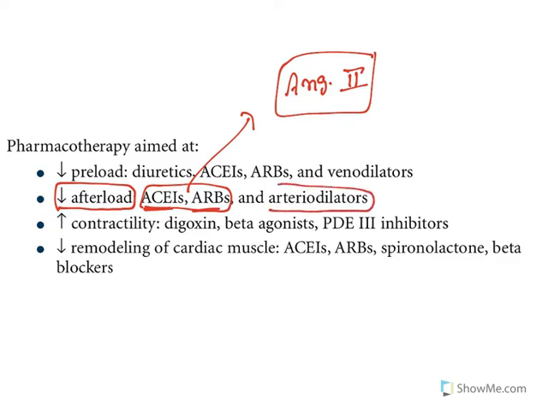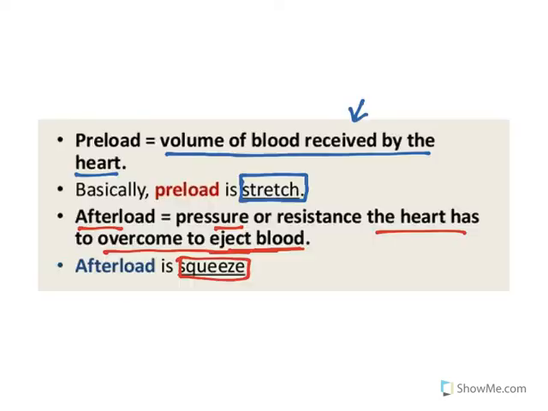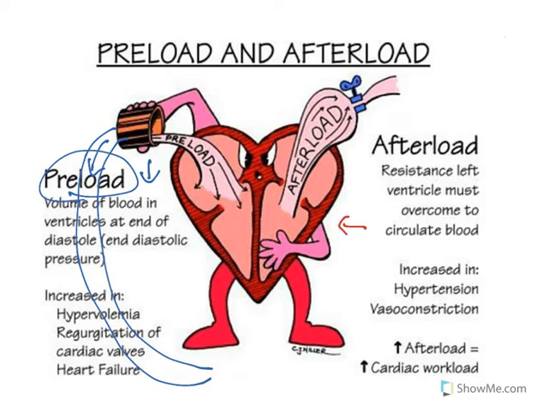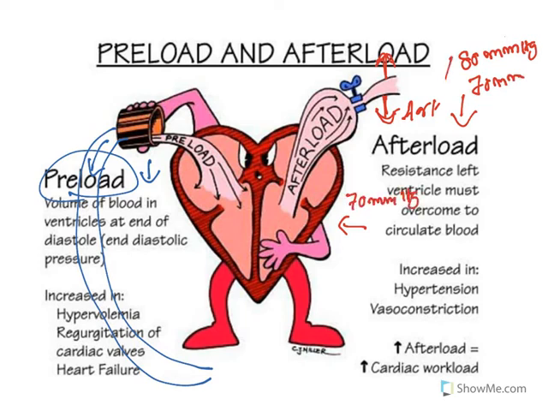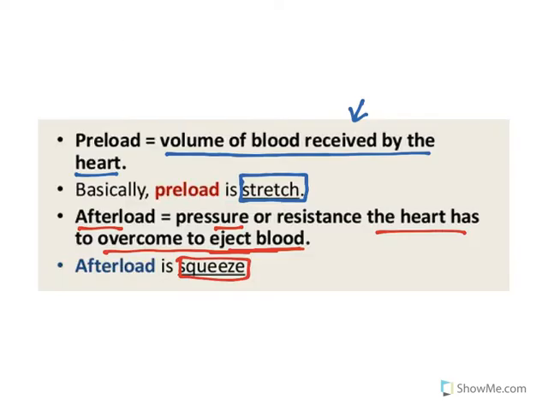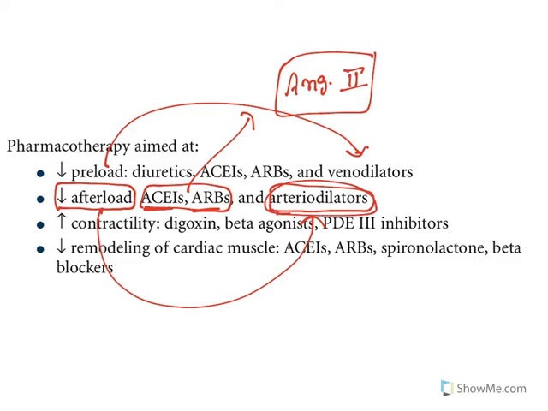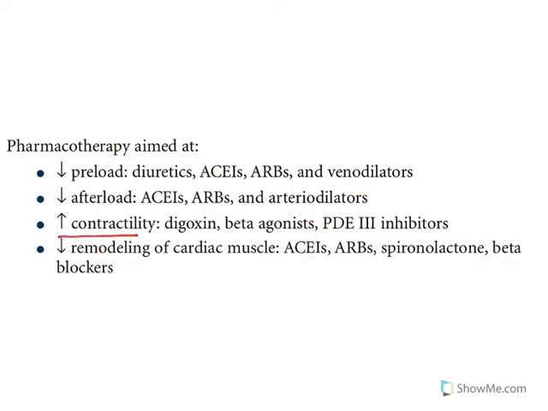Next one is arteriodilator. Understand this one. See, preload is related to venodilation, afterload is related to arteriodilation. Why? Afterload is related to the left ventricle. The left ventricle pumps the blood into the aorta. So when this aorta is dilated, what happens? The pressure comes down. So in the previous example I have explained, imagine the pressure is 80 mm of Hg. If the arterial blood vessel is dilated, the pressure falls to 70 mm of Hg. So the heart should generate more than 70 mm of Hg, that is enough. So when this pressure is coming down, afterload comes down, and that is what is done by arteriodilators.